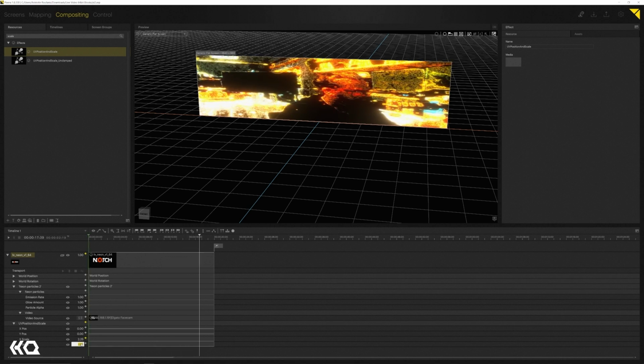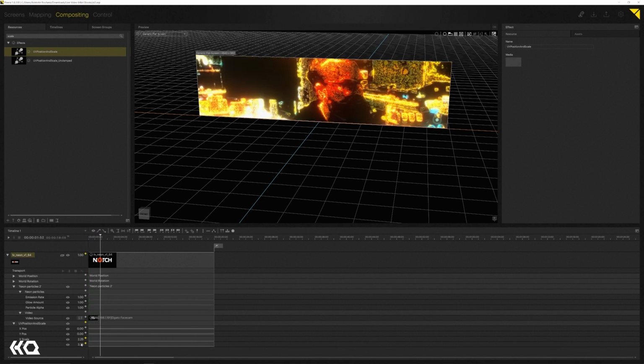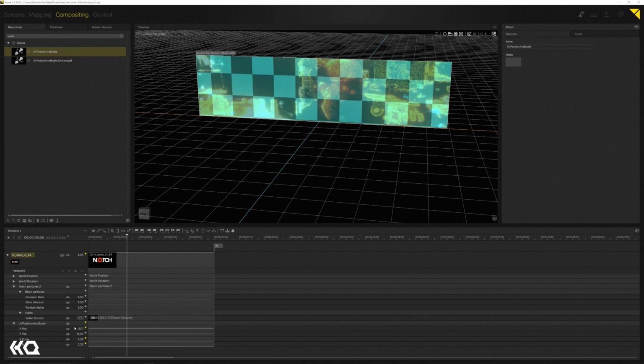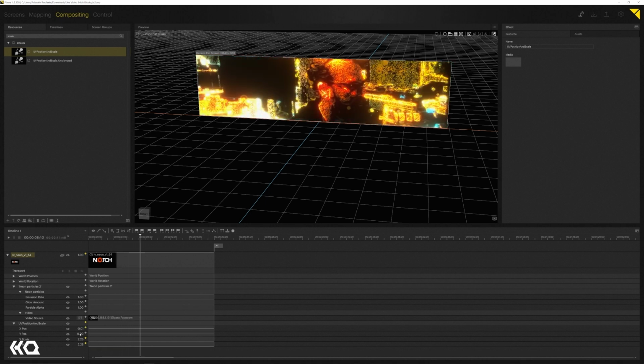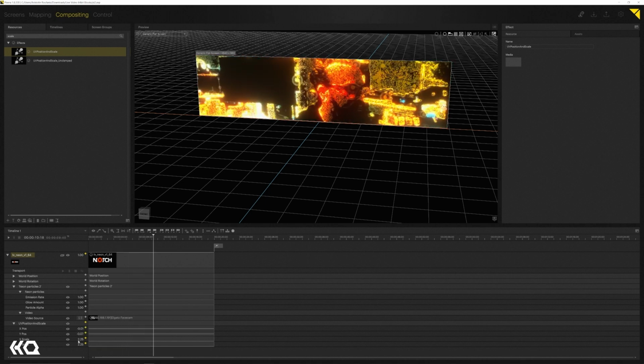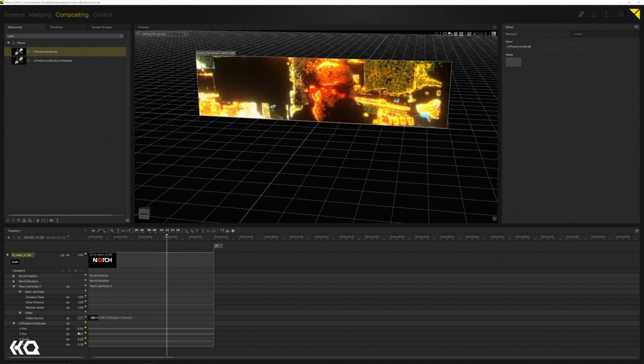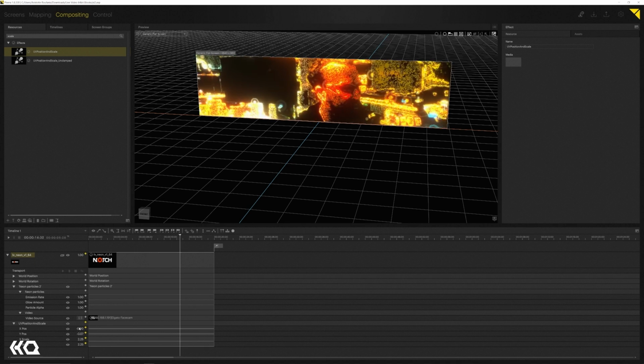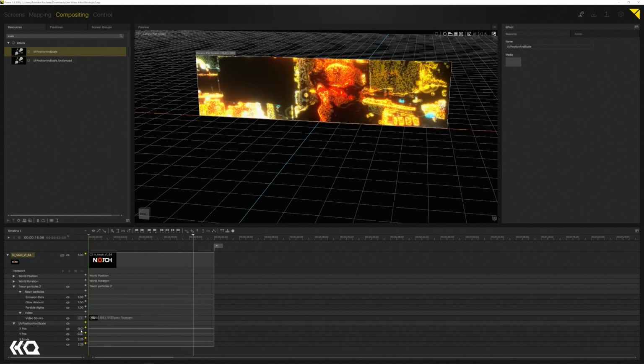Perfect. And I'll do the same with the vertical scale. I can also move this, etc. In fact, I can animate these values again. Perfect. And now you see myself covered in neon particles